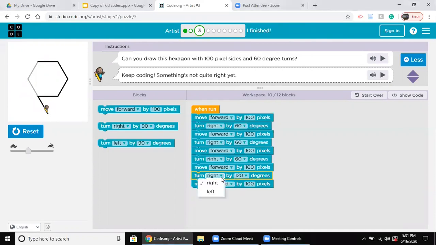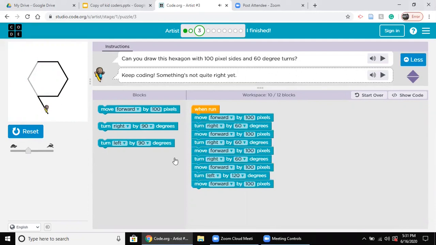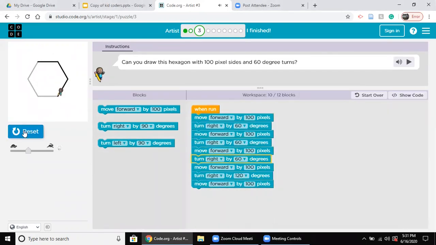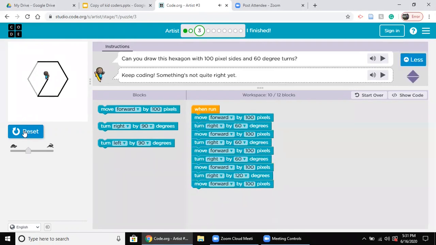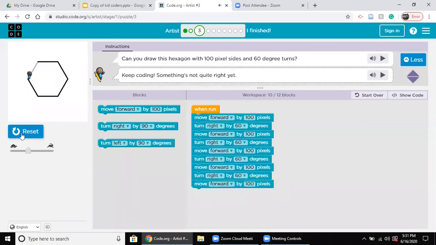X out of this one, and then choose left from here, and click on reset to see if it goes in the other direction. Oops. So now looks like my 120 is on the other side, 60 degrees. Yeah, so now I'm getting through here, and then